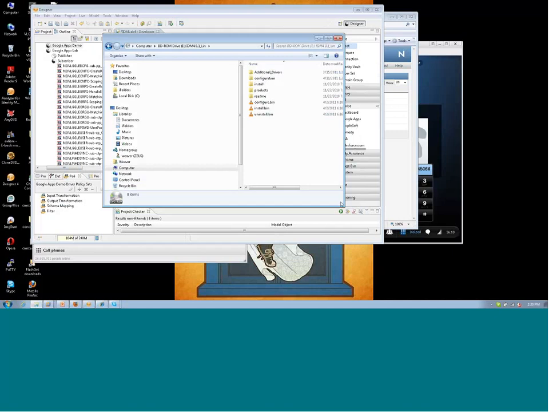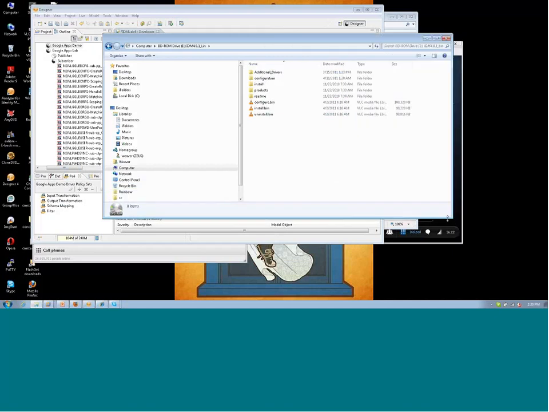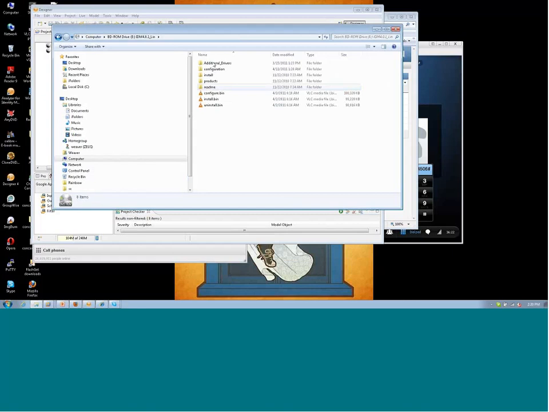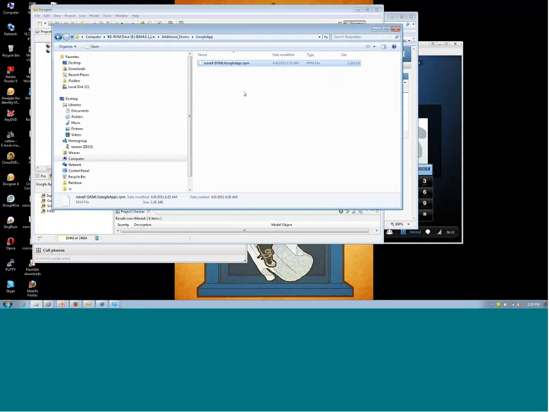On the ISO that shipped with IDM 4.01, there's this additional drivers folder. Inside this additional drivers folder is, and this is the Linux ISO, so it's in an RPM format, the Google Apps modules. This includes all the Java modules necessary to run this application. If they're not installed by default, you'll need to install this yourself after Identity Manager has been installed. But do check